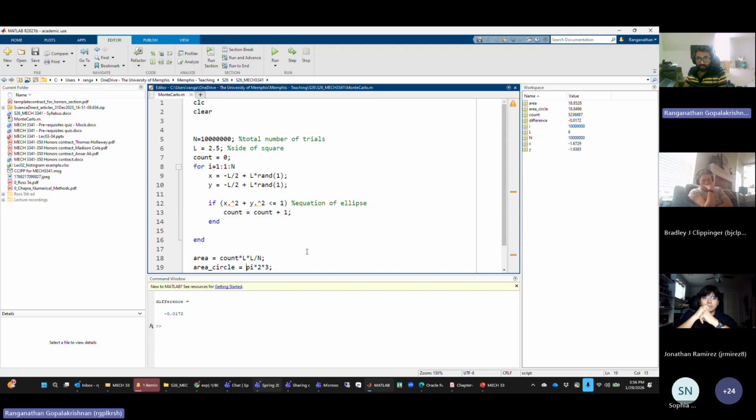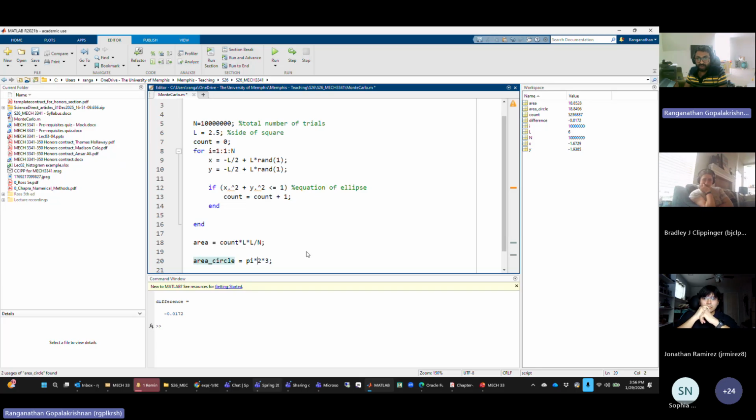So area of the circle, as we know, is pi r squared. So this is pi times 1 times 1. That's like a reference value. And I'm running this loop for, let's say, 100 times. I'm choosing 100 uniform random numbers. Each time I check whether this point lies within the circle. If it lies within the circle, I increase the count by 1. And I do this for n times, where n is 100. So if I run this,